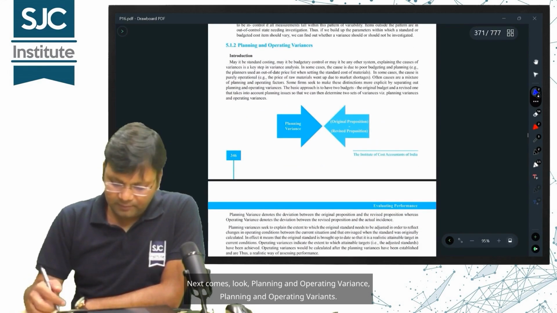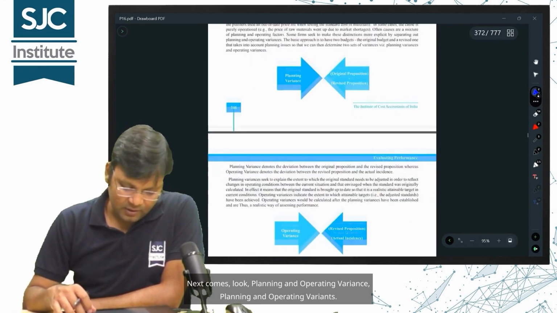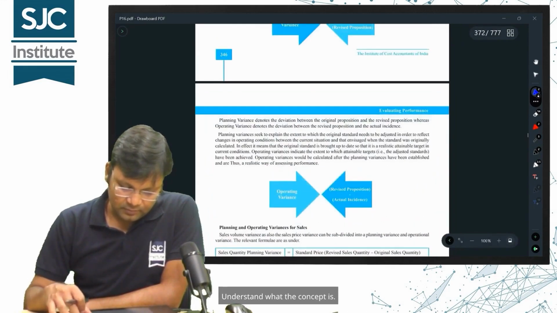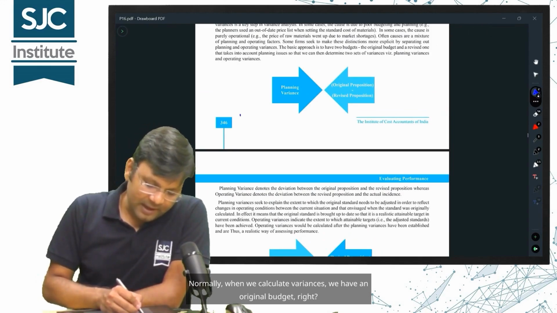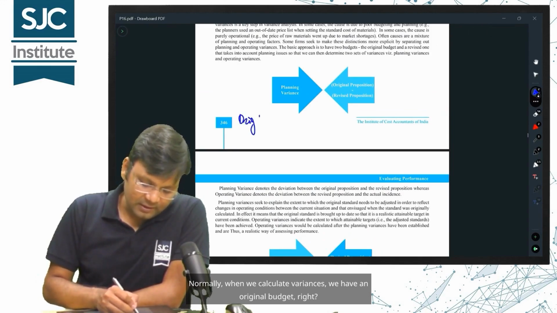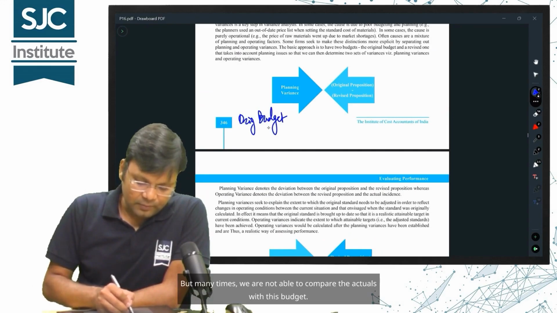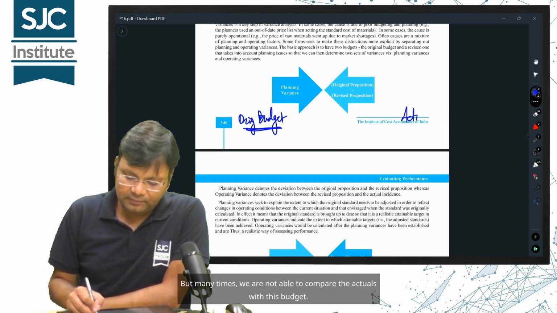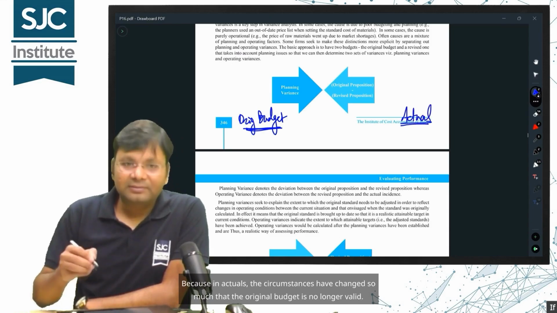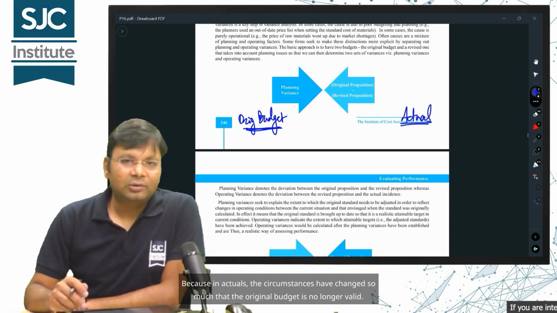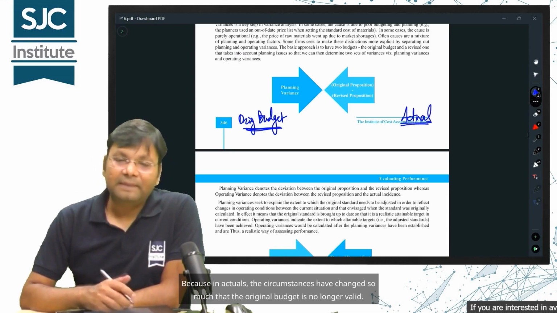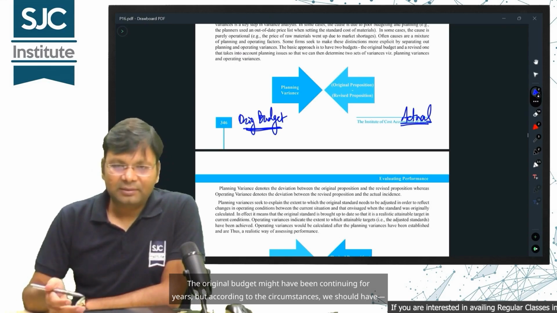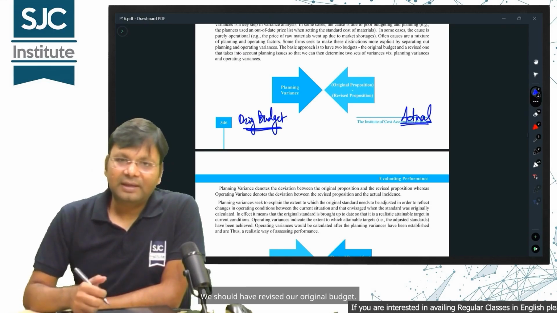Next comes planning and operating variance. Understand what the concept is. Normally, when we calculate variances, we have an original budget, right? But many times, we are not able to compare the actuals with this budget, because in actuals, the circumstances have changed so much that the original budget is no longer valid. The original budget might have been continuing for years, but according to the circumstances, we should have revised our original